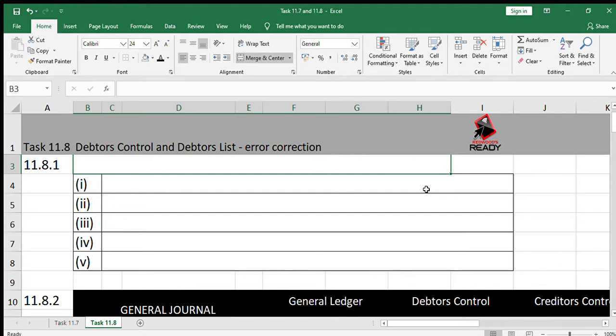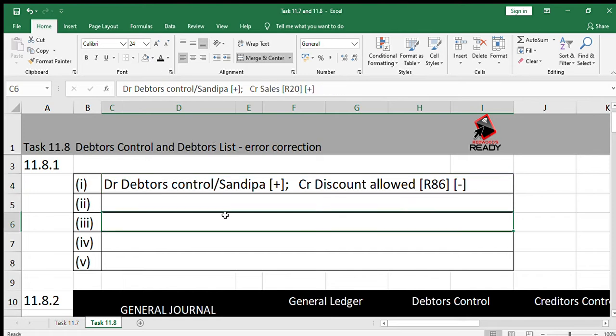Now this discount you can see is in the credit column. We need to cancel it. So that means we have to debit Sandeepa's debtors control account and credit discount allowed. We're going to debit debtors control for Sandeepa because she's owing us the money again. We'll be adding. And we're going to credit discount allowed with 86 and if we're doing the income statement, we